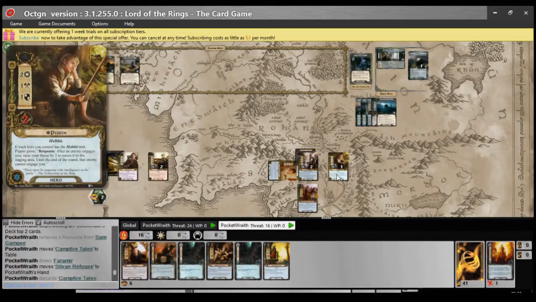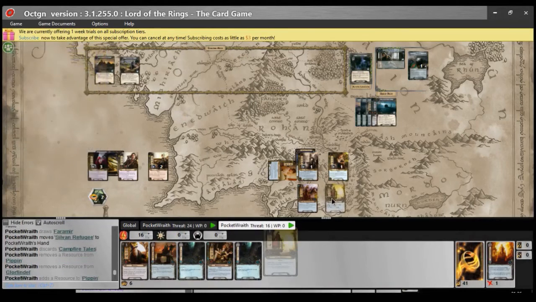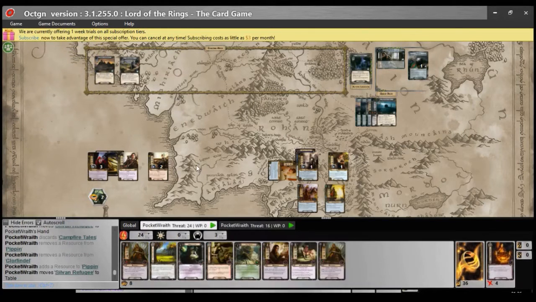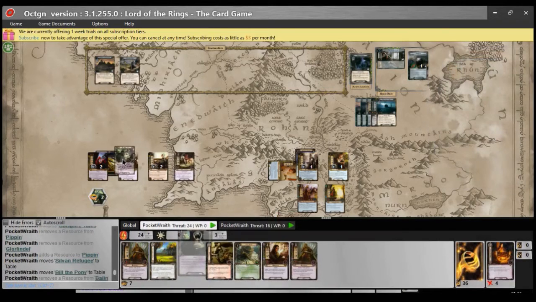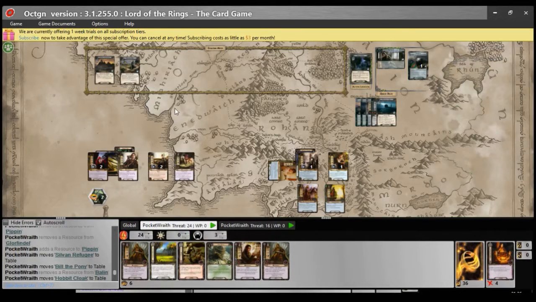Okay, so that being the case, I will pay 1 for the Sylvan Refugee. Now let's play Build a Pony for free. Pay 1 to put a Hobbit Cloak onto Sam. And now